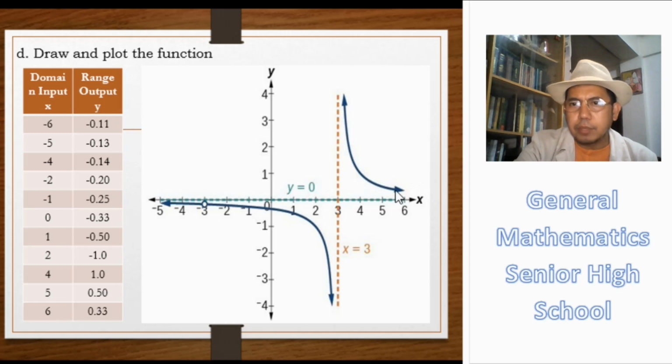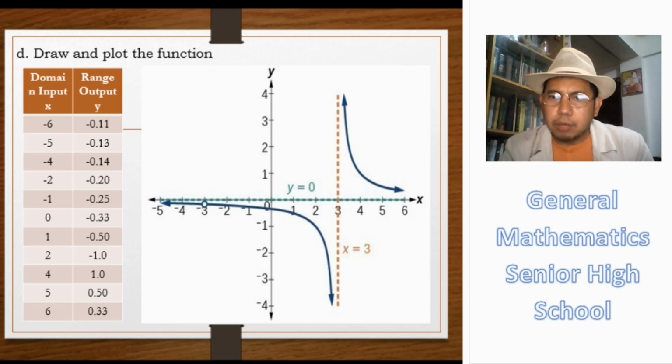So again, you will notice the purpose of this arrow will tell you the direction of the graph. Okay, so it will go up, it will go to the right side, this one will continue going to the left side, this one will continue going to the